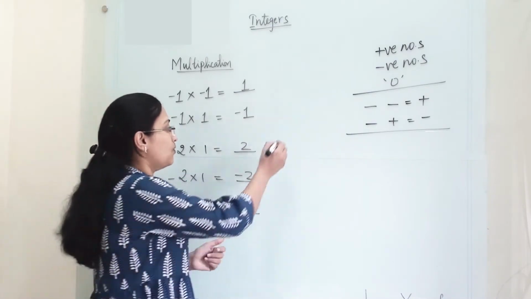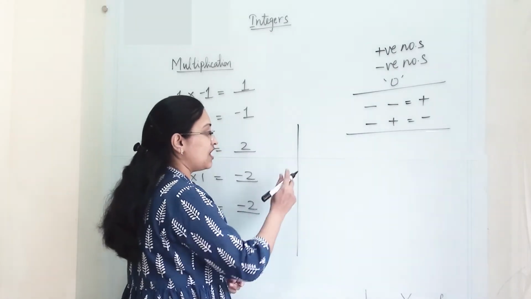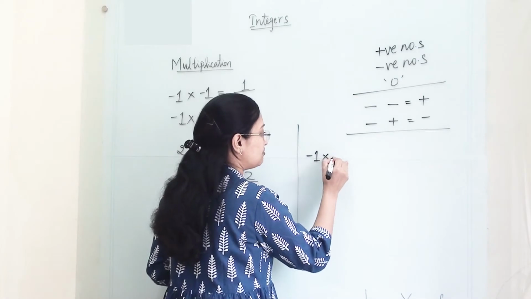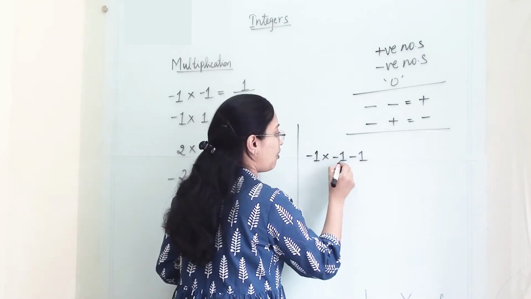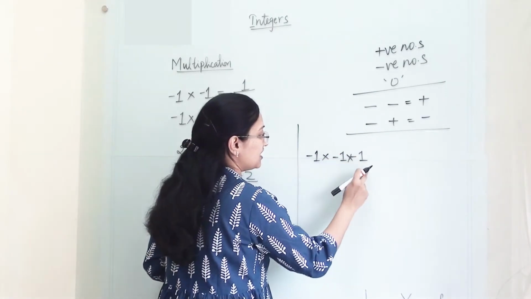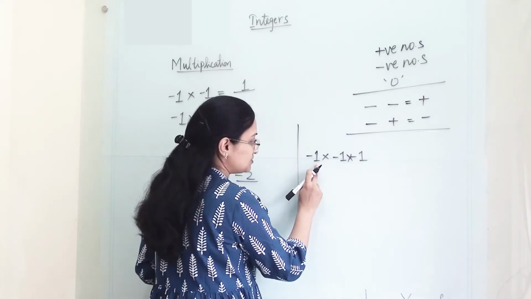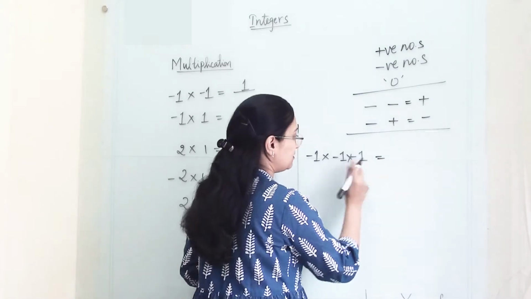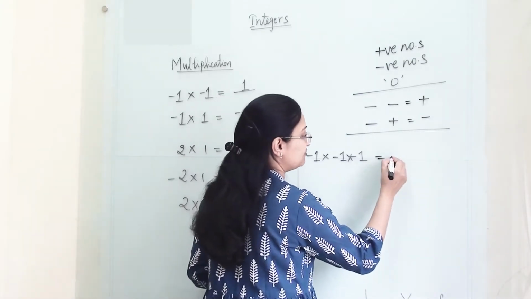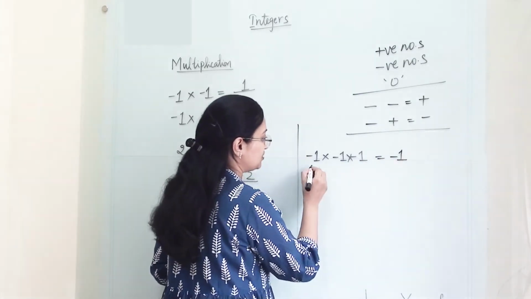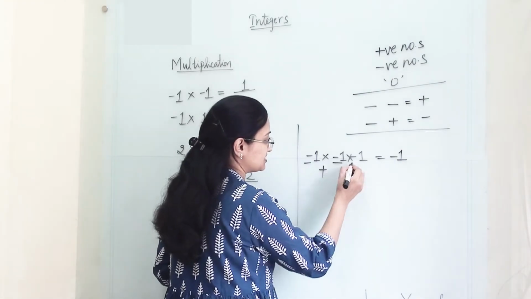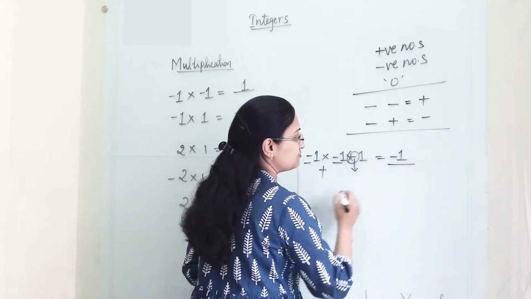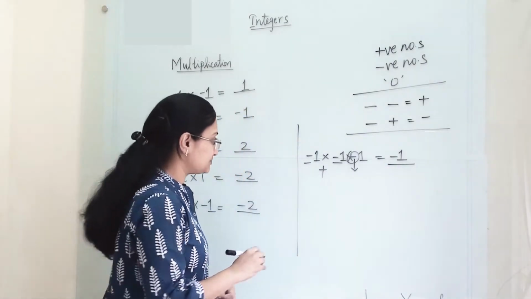Here, what we are checking is how many numbers we are multiplying. If we are multiplying numbers in odd numbers, that means 1 number, 2 number, 3 number. We have taken here 3 and all are minus, then we will get the answer in minus, because this minus will become plus, but this minus will remain. So our answer will become minus.